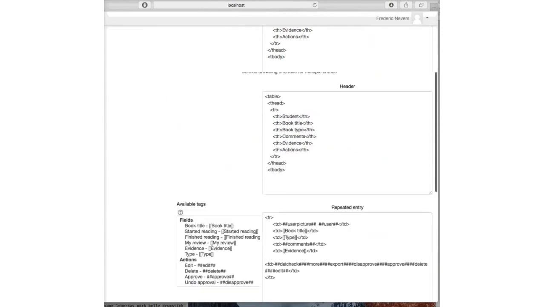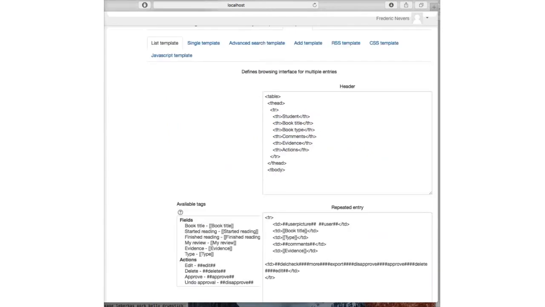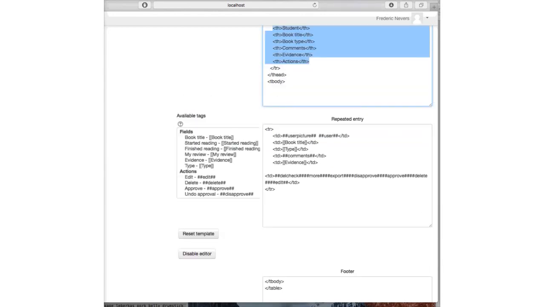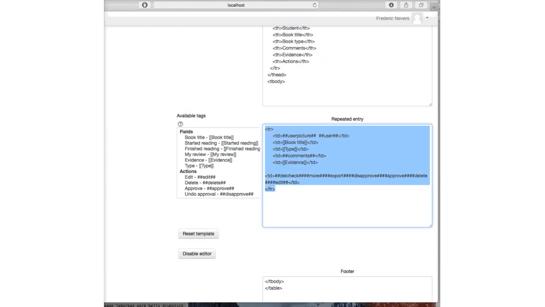So here is the template I've put together. It's a table with 5 columns. Okay, here they are, and you can see that it's split between repeated entry and footer. That's an interesting way of doing things. Here in the repeated entry, all I've done is a table row. So one starts with TR, ends with TR, and then everything in between will be repeated for each record that is